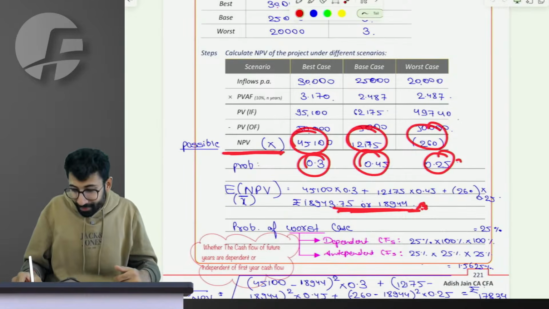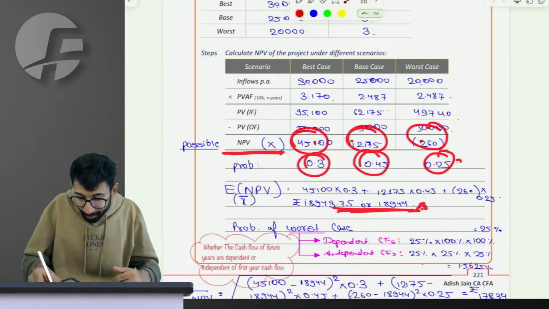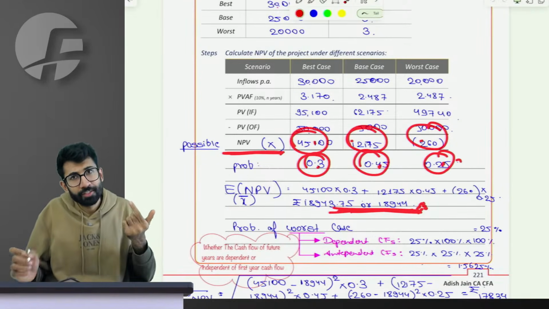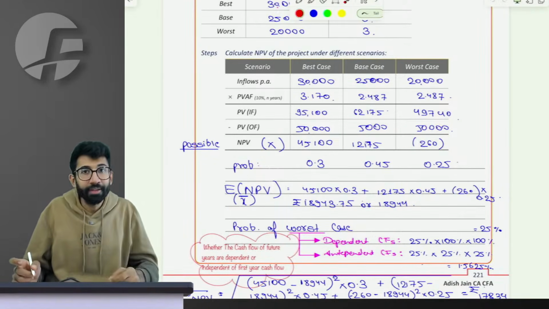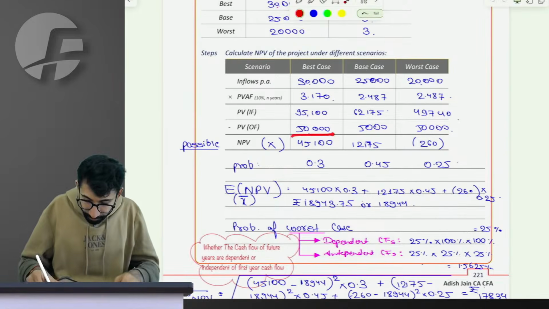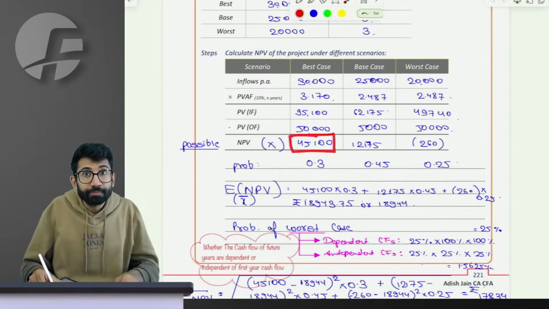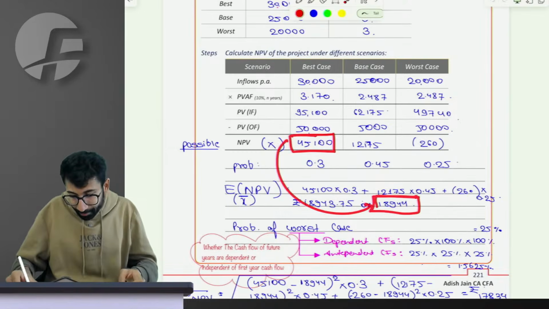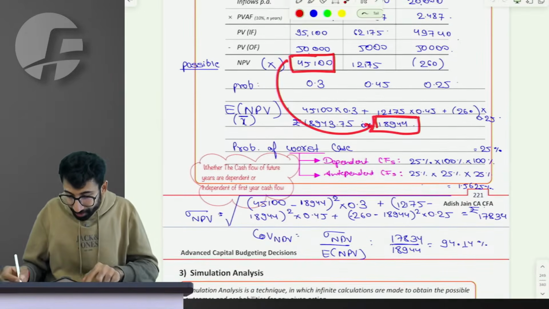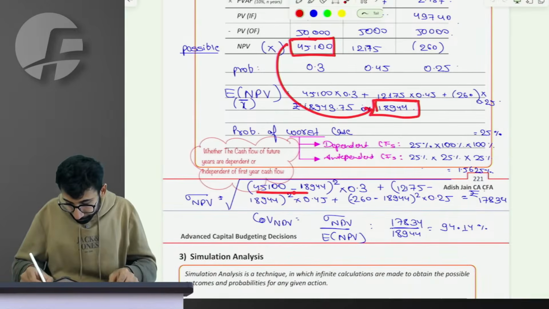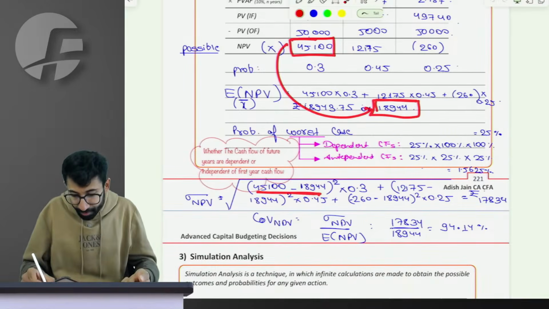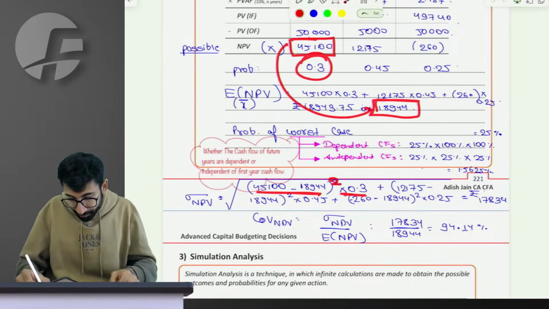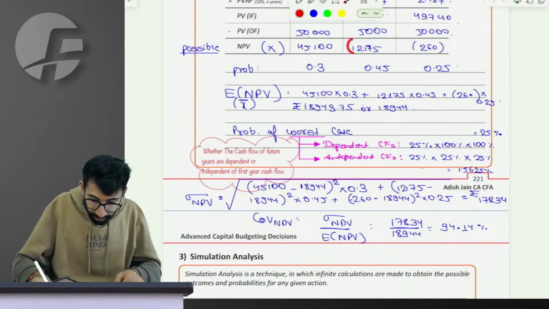Yes. Sir, if I have the possible NPVs and the probability, and if I have the expected NPV, can I calculate the standard deviation of expected NPV? Really easy. Sir, this will be the NPV. This is the possible NPV which deviates from expected NPV by what amount? 4500 minus 18944. But how much will be the deviation at squared level? This. And what is the probability of its occurrence? Into 0.3 plus.